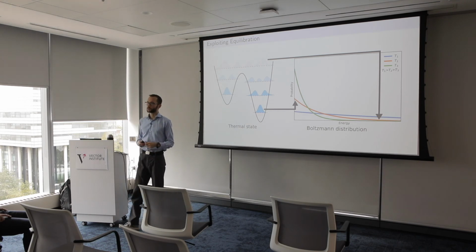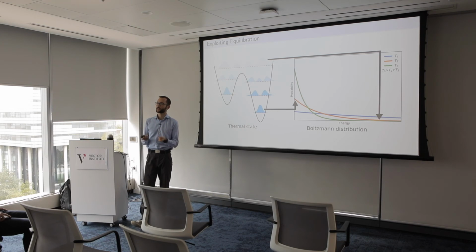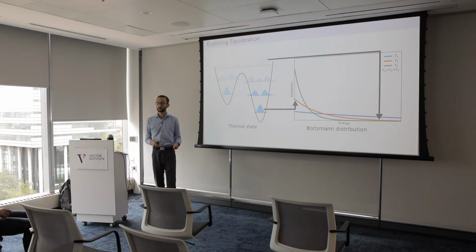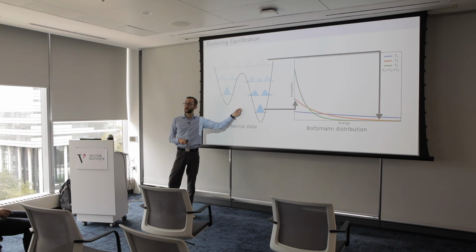And when you think about the Boltzmann distribution, it has a global normalization. It has a partition function. And every time you see a partition function, you probably scream because it's just difficult to calculate with classical resources. You have to do some Markov chain Monte Carlo method, and you have to make sure that they burn in, and then you get out the samples that you want just to estimate your partition function. Whereas here, you can just pull out samples from a quantum computer and get your samples from a Boltzmann distribution.